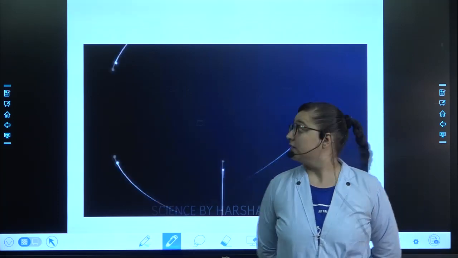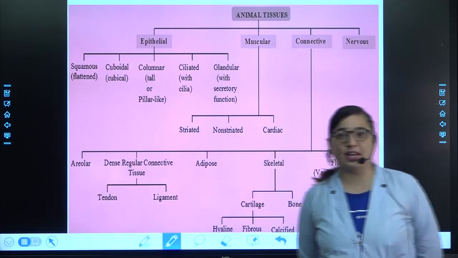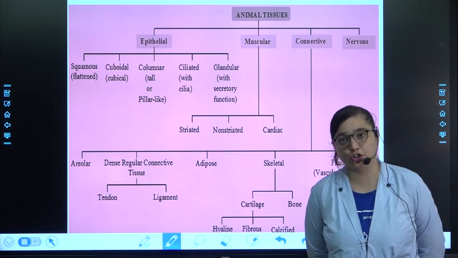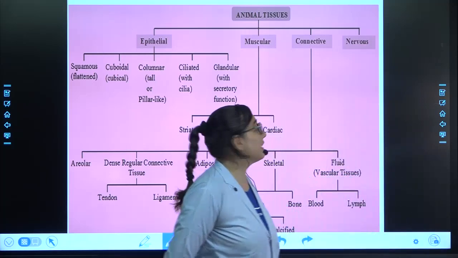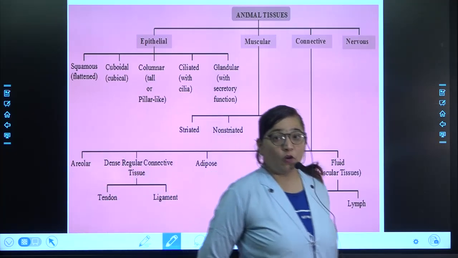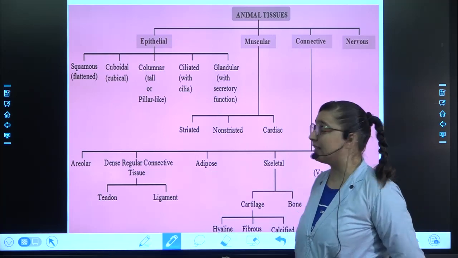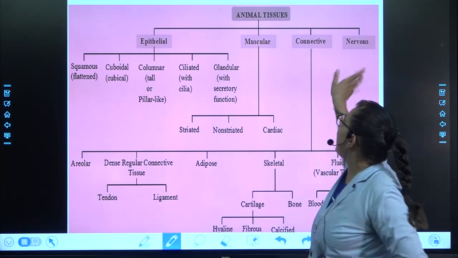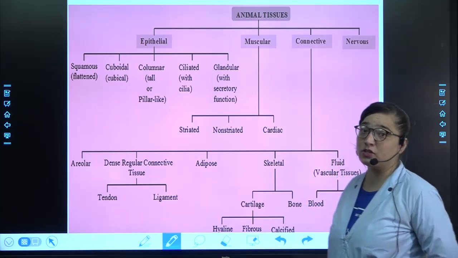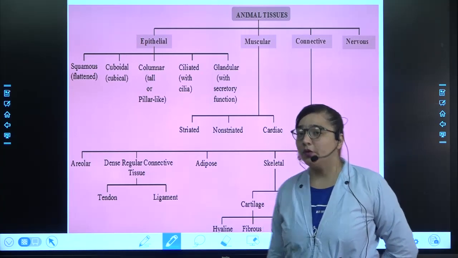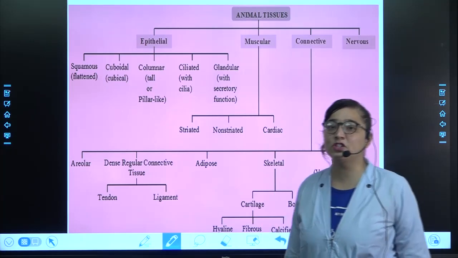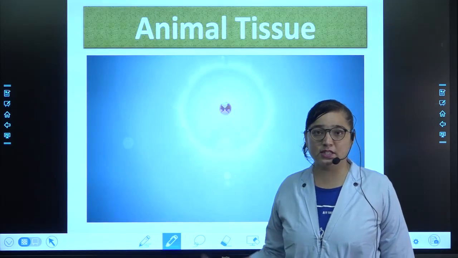We started our session with epithelial tissue, muscular tissue, connective tissue and nervous tissue. Nervous tissue we did in the last lecture, while in today's lecture we started and completed the muscular tissue. I hope you'll remember all the things, at least these two are clear. Then epithelial and connective, one day each we will take, and the things will become easier and clearer. After that you saw the video that you see daily in the beginning, that was the animal tissue video.